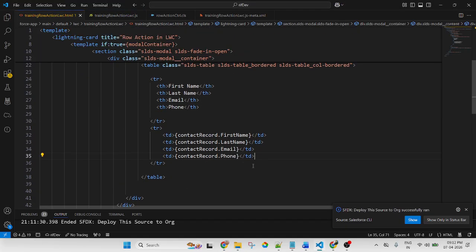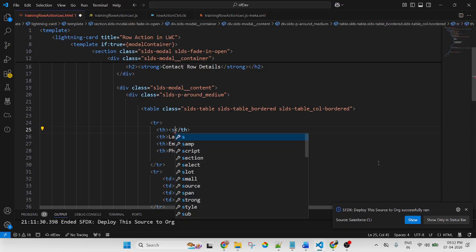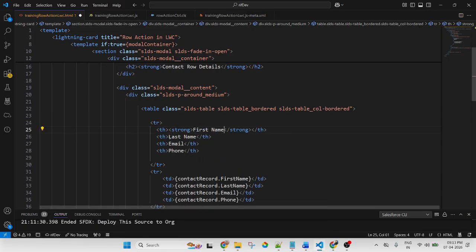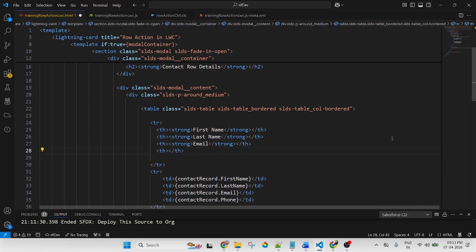First of all, if you want to display bolder text, use strong.